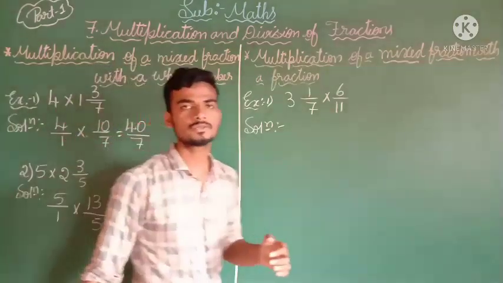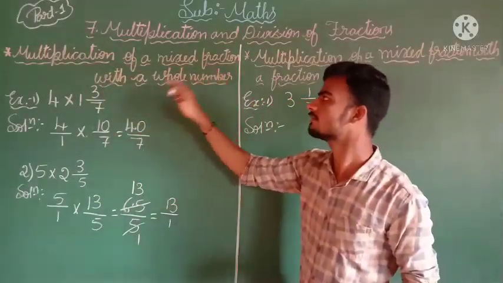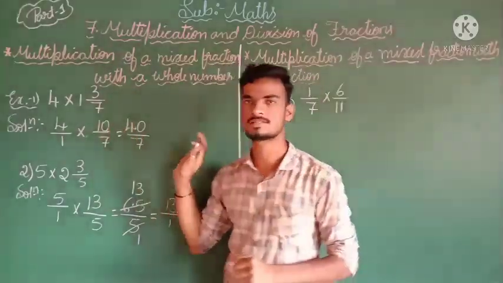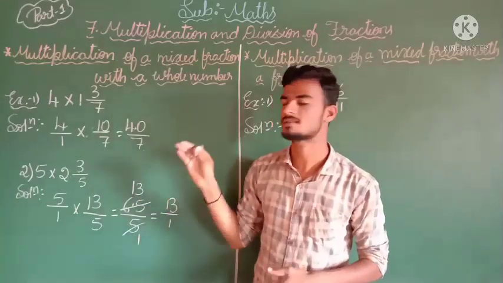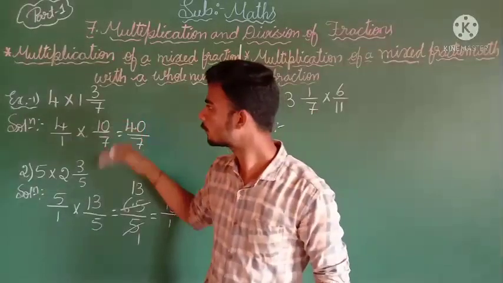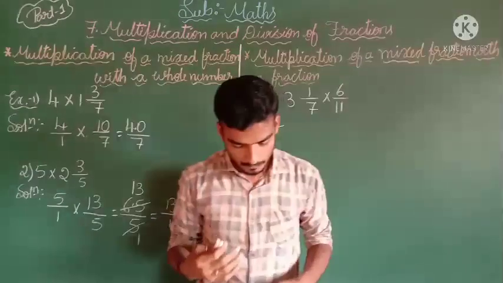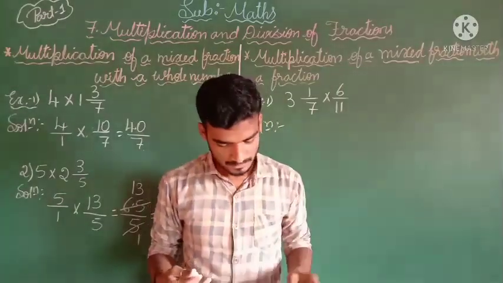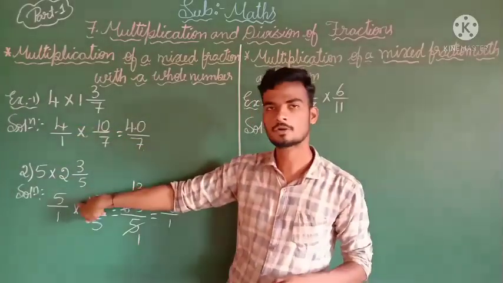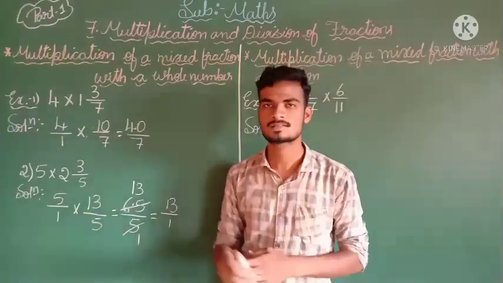So in this way we want to solve this type of problem, that is multiplication of a mixed fraction with a whole number. I hope all of you are clear with this. It is not very easy, is it? Remaining 2 problems you have to solve in your rough notebook. These 2 problems I have taken from your exercise 4.7.1. Solve B main. This is the second problem, this is the third problem, and the 4th problem you have to solve on your own by using these steps.